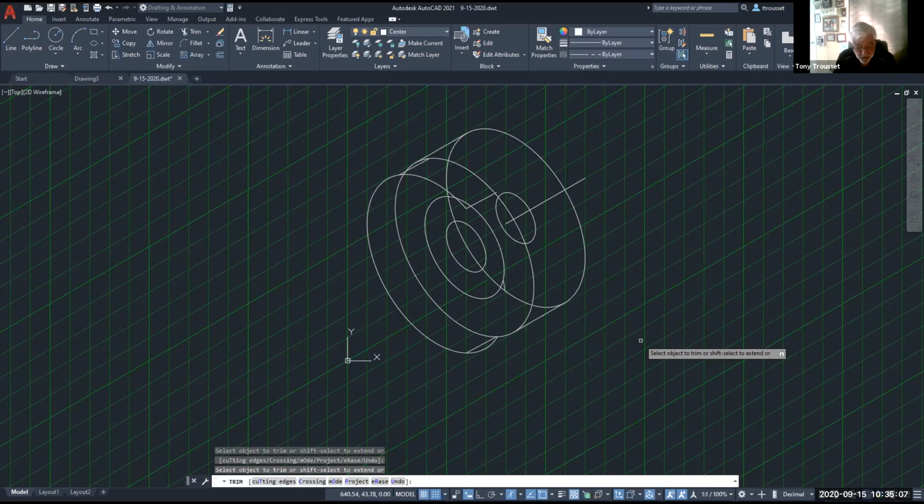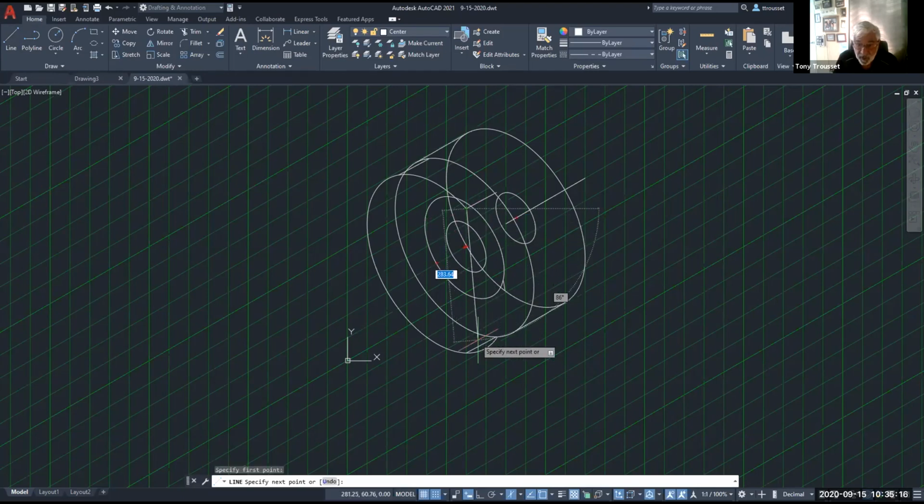Oh, I don't want to trim that because we have to draw a line from this part straight down to that part. Because remember, that's solid. And the same on this side,